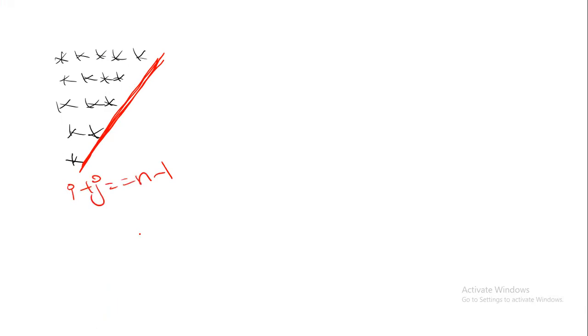But if you have to apply our logic, what do we have to do? We have to write j on the left side and bring everything else to the right side. It is very simple. It's all maths. If you want to keep j on the left side, when plus i goes to the other side, it becomes minus i. I hope you know this simple trick in maths. I can write the new equation as j is equal to n minus 1, plus i goes to this side and becomes minus i. These both are same, agree or not? So this is not what I have to write, this is what I have to write. So j is equal to n minus 1 minus i is the line equation I have to tell.